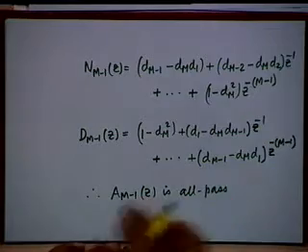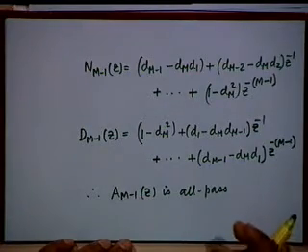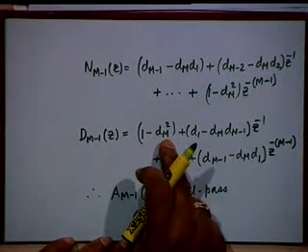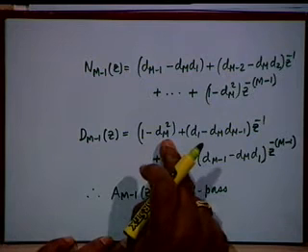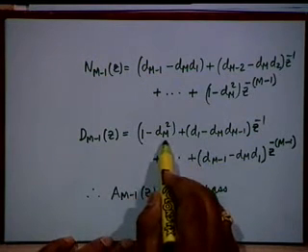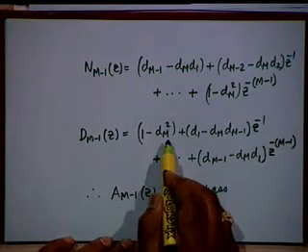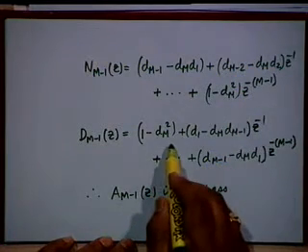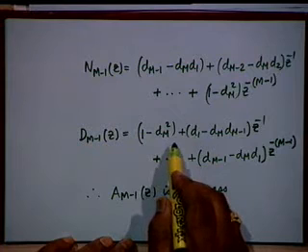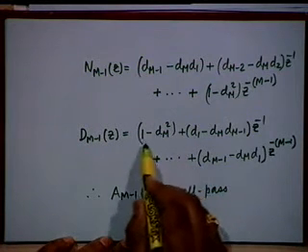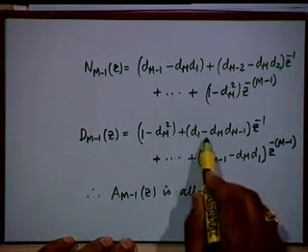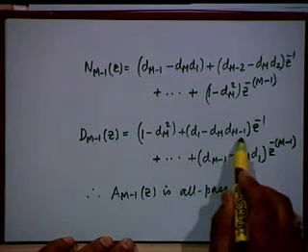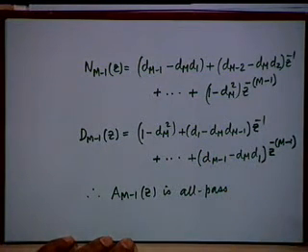and if we follow the same discipline, and make the constant term in the denominator as unity, then we will have to divide both numerator and denominator by 1 minus d_m squared. Agreed? Then I shall get 1 plus (d_1 minus d_m d_{m-1}) divided by 1 minus d_m squared, and so on and so forth.